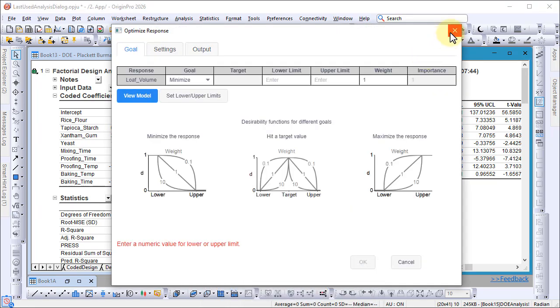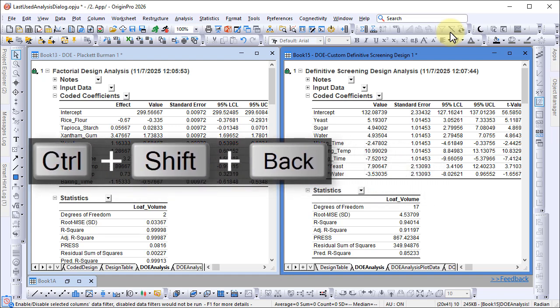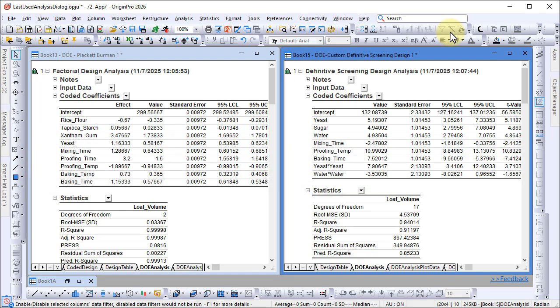This is useful if you're applying the same tool to multiple datasets, accidentally close the dialog, or need to temporarily close the dialog to make some changes to the data. The second hotkey, CTRL+Shift+Backspace, is like CTRL+Backspace, but it reopens the dialog for the last analysis action. This includes data processing actions, actions under the Analysis and Statistics menus, apps, and advanced graph types that require dialogs